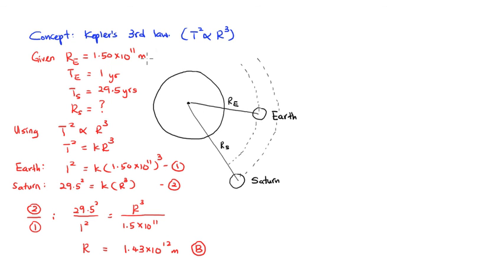Now I have jotted down all the information here to speed up our explanation. Now T² is proportional to r³, so T² equals k r³, to make it equal. So for the Earth, the period is 1 year, so 1² equals k times the radius, which is 1.5 times 10^11, cubed. For the Saturn, the period is 29.5 years, equals k times r³. We want to get the r for the Saturn, right? So just divide these two equations. You should get the answer as B.